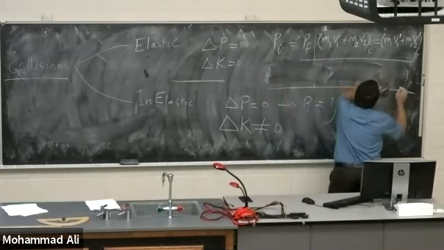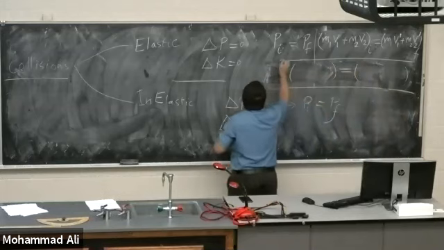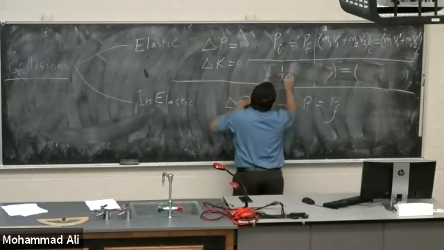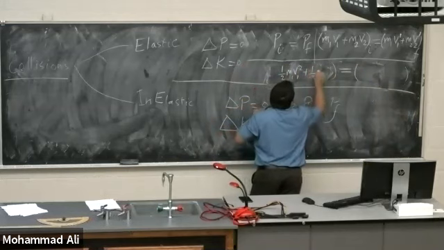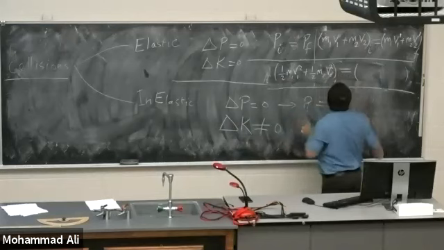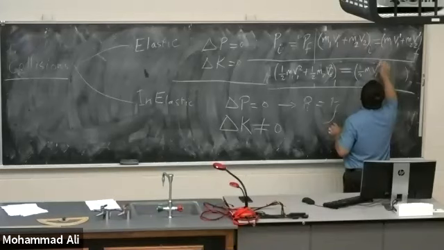This is the final, and this is the initial: 1/2 m1 v1 squared plus 1/2 m2 v2 squared initially is equal to 1/2 m1 v1 prime squared